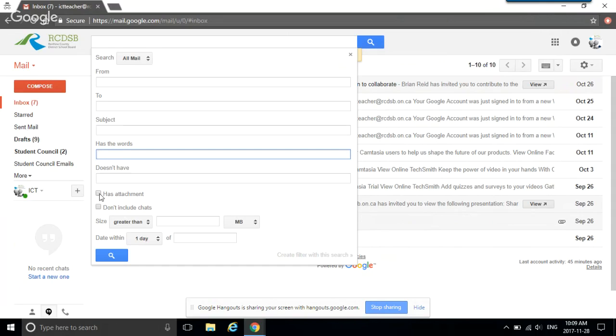I like this one over here. If you're looking for something, oh, someone sent me that attachment, you can search for emails that have attachments. Also very helpful is there's a date range. So if you know that you got it early November or something like that, you can search for those emails that way. And you can also change